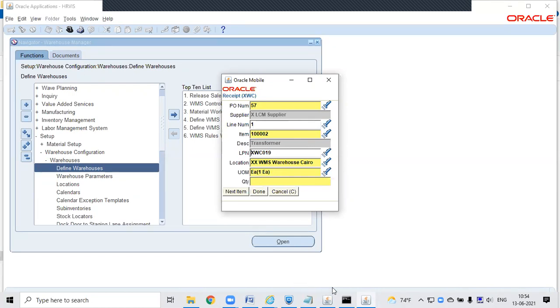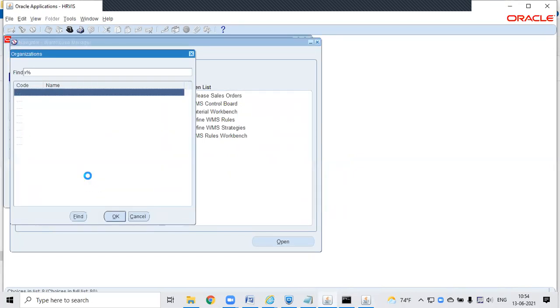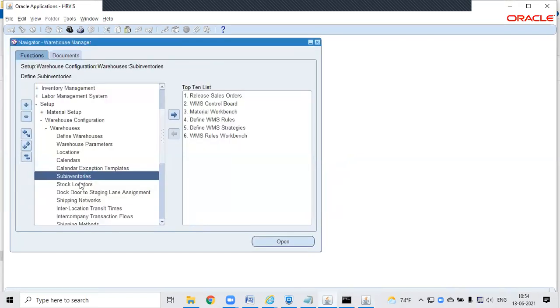I want to complete just one last thing with the subinventory setup. We need to go through the next session because we have some other things pending. I am just going to create a subinventory, show how to define a subinventory and one locator, and then from the next session onwards, I will start with the inbound processes.